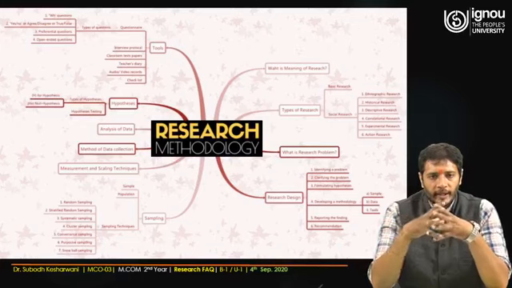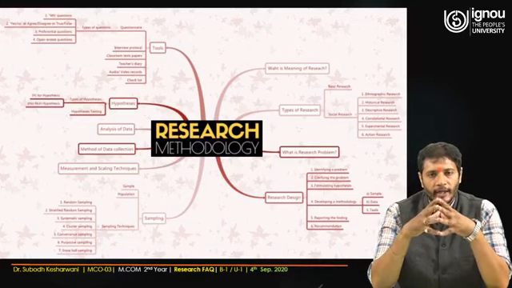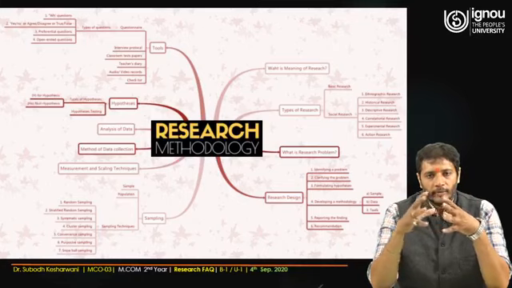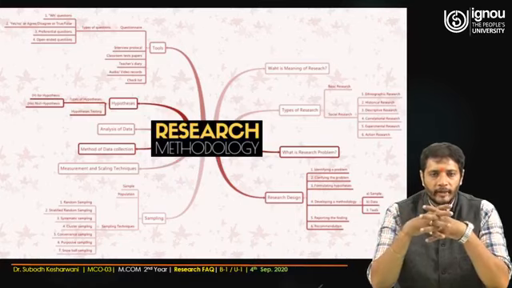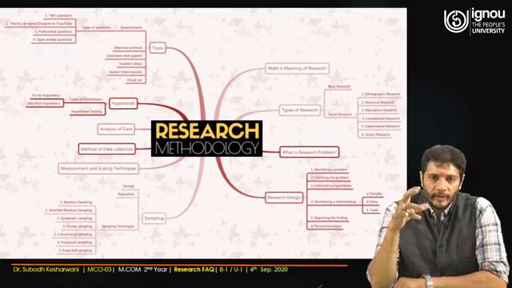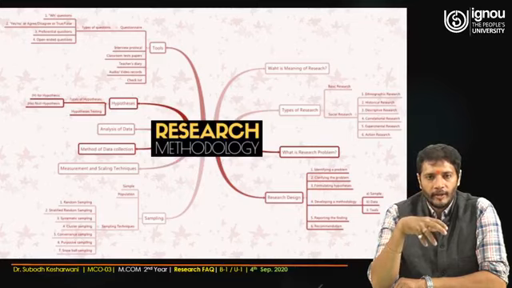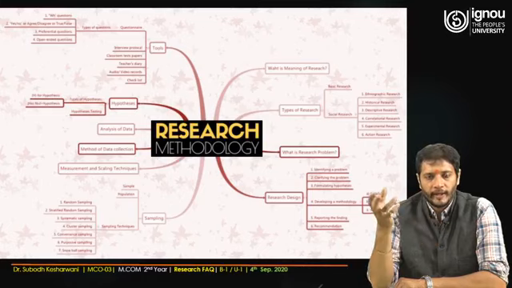Then sampling is there, and what are the sampling techniques, how you're going to collect the sample, because it's not like you have earmarked your universe and from that universe you extract certain samples. The result should be that whatever the universe which you have earmarked, the sampling should be across the board. It's not like you have taken a sample from one of the places and eliminated other places.